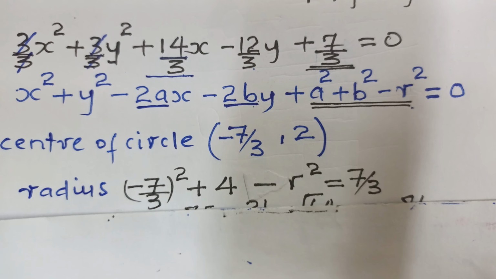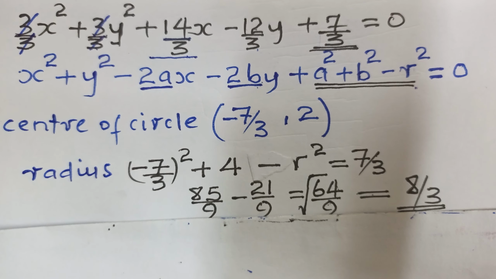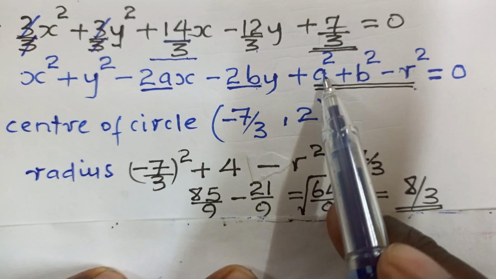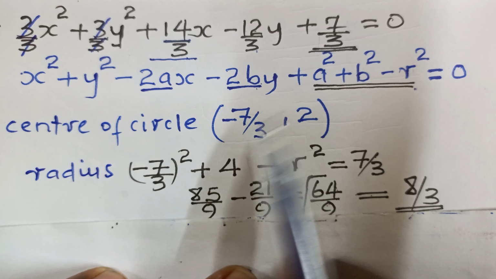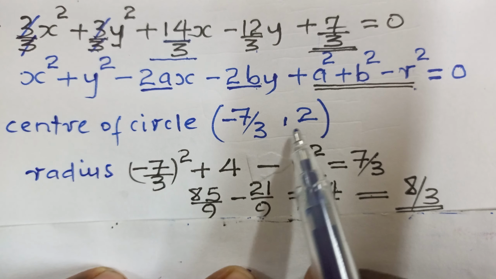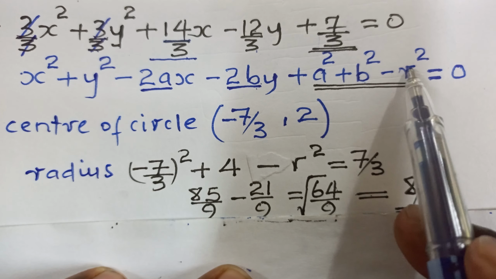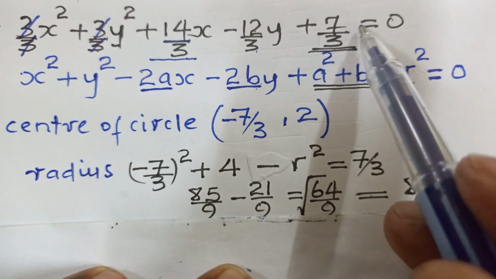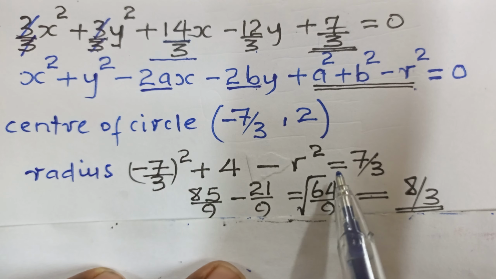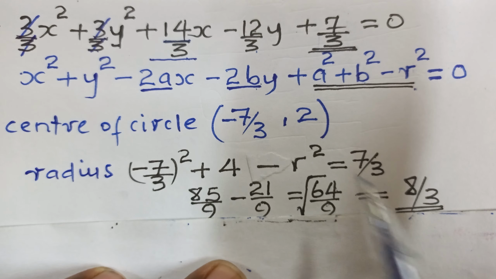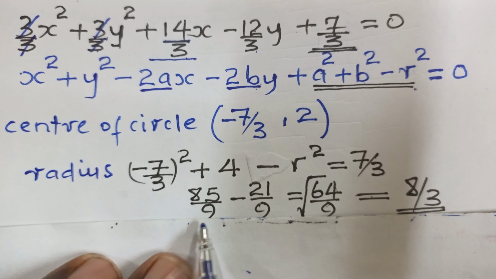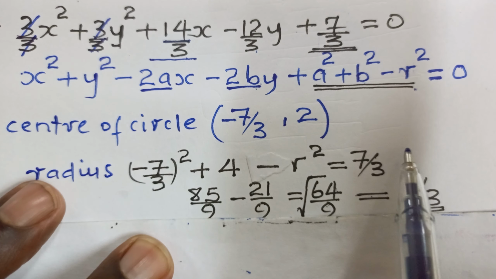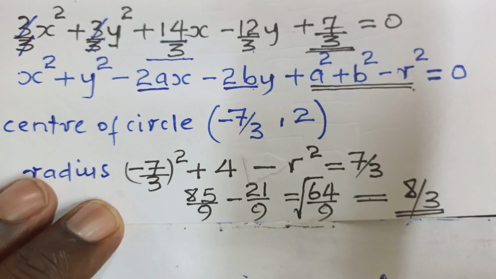And then we go ahead and get the radius. To get the radius, we use this equation right here. We have a squared; we have gotten a, we square. We have gotten b, we square. And then we have minus r squared, which is given by this term. So this is the term we use to get r squared, and we equate that to 7 over 3. Now finding r squared, we bring this side and the r this side. And finally, r is going to be